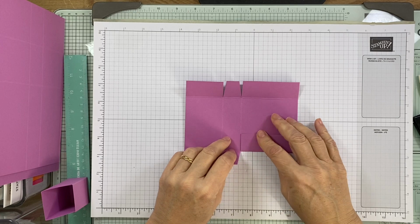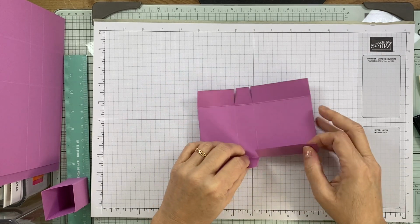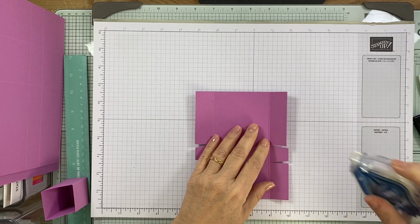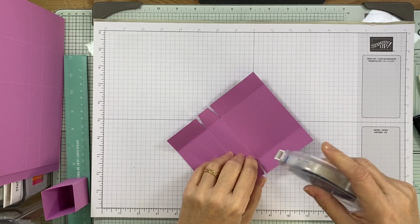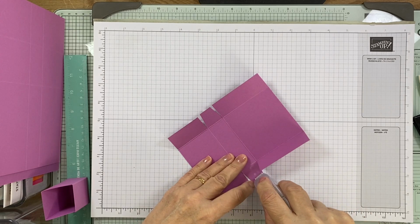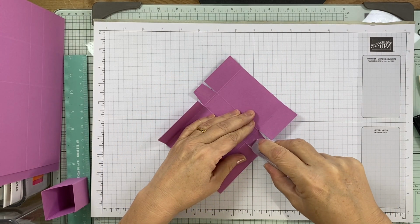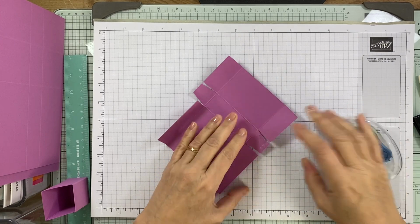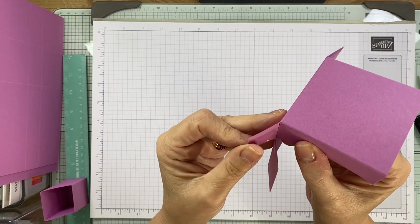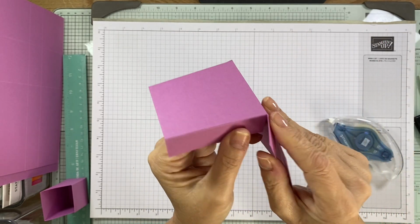Okay, so that's going to be the inner piece. So I might try and glue it like this time. We'll see. There we go. So I want that on the outside, don't I? There you go. I'll pop some bits of glue like this, and I'm going to stick this to the outside. This is the way I should have stuck the last one, so apologies. So I'll stick this to the outside here,